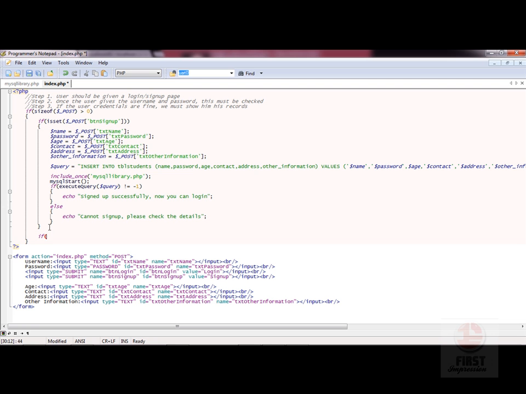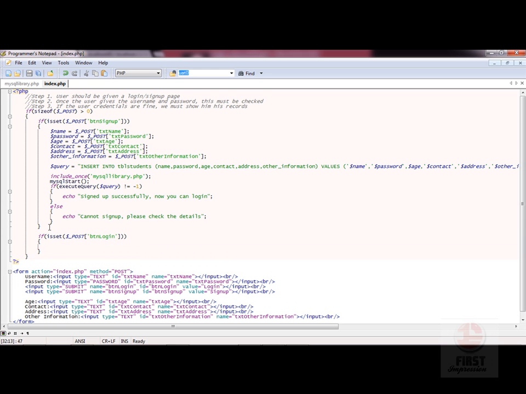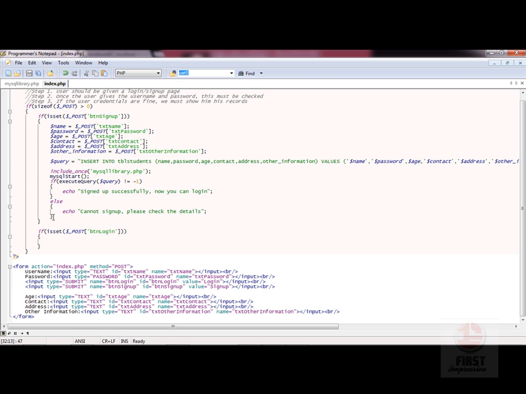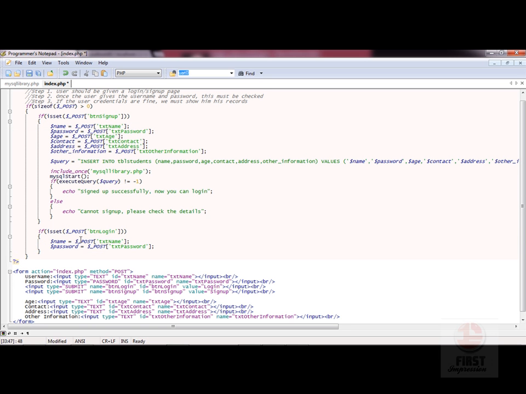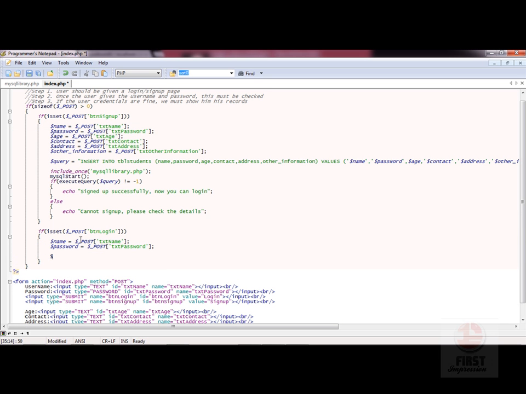Over here I'll say if isset $_POST btn login. This indicates if the person is able to log in. Then we'll first take all the information from the person. So I'll take in the name and the password over here as well. And we'll check with the help of a query. Query equals to